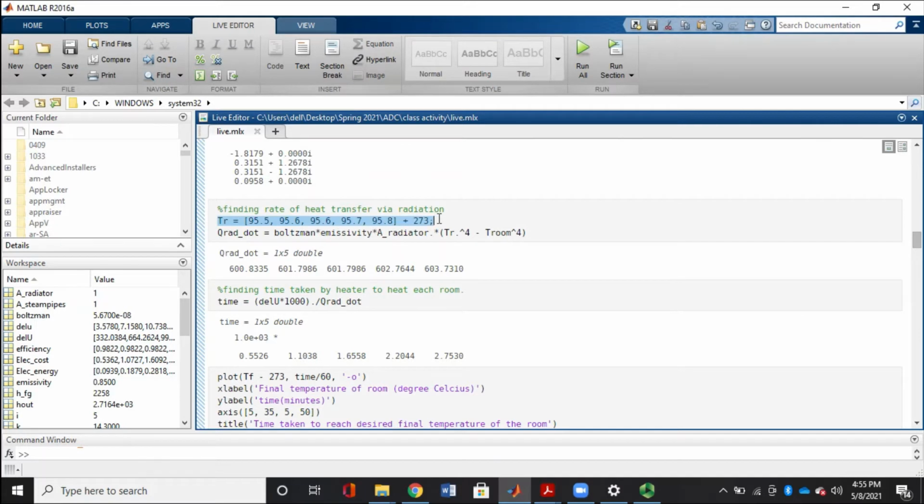So now that we have the temperature of the radiator, we can easily find the rate of flow of heat from the radiator to the room, as we know the temperature of the radiator and the temperature of the room. So this is all known, and we can easily plug in the values of the constants. Now we also know the rate for each case. This rate is given in this array, and we also know the total energy in each case. So we can easily find the time, which is the total energy divided by the rate of energy that is radiated.